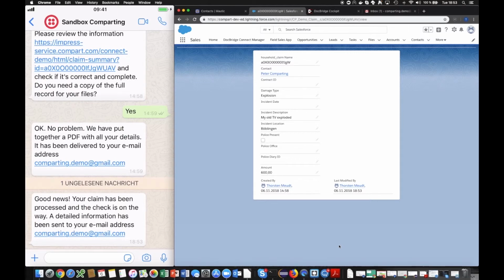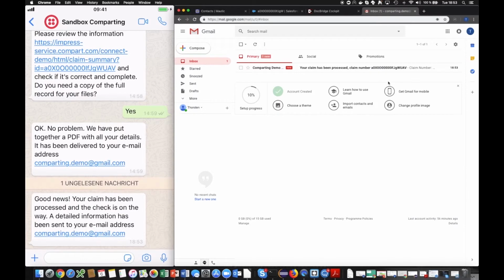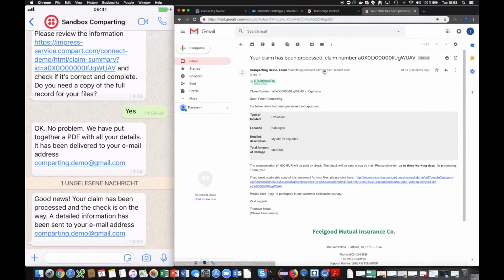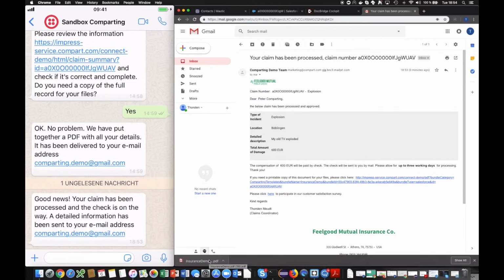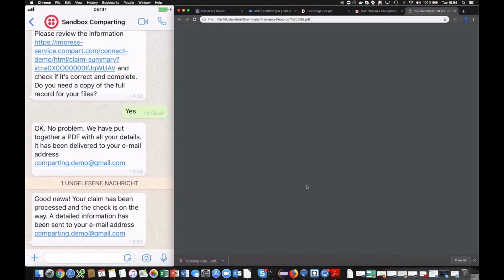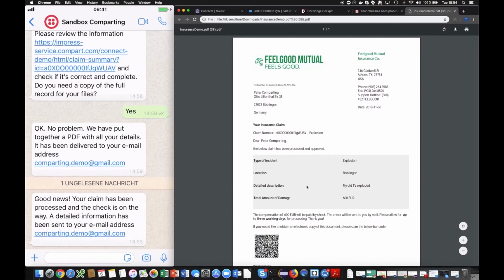Let's have a look at our Gmail inbox, and we can see we've received an email from the insurance company summarizing again the claim has been processed, and it also provides a hyperlink to retrieve the document as a PDF if you want to print it. When I click on the hyperlink, a PDF is created on the fly based on the same template, but it